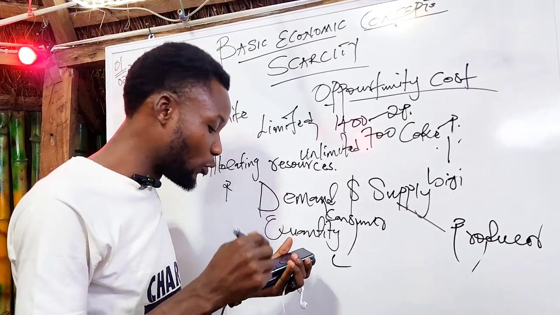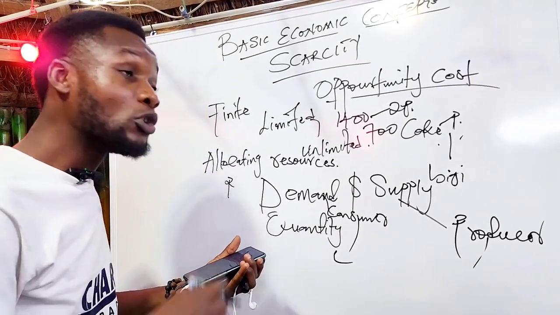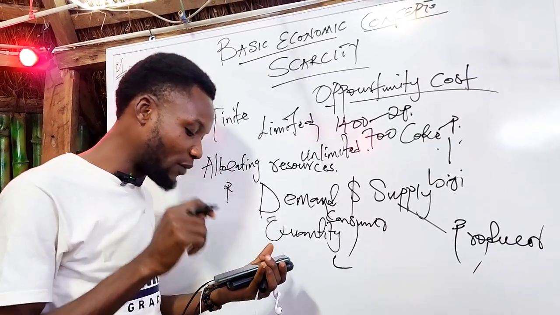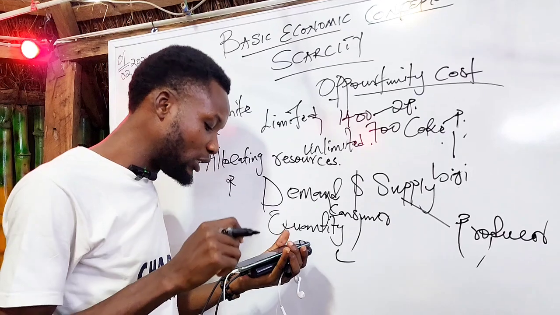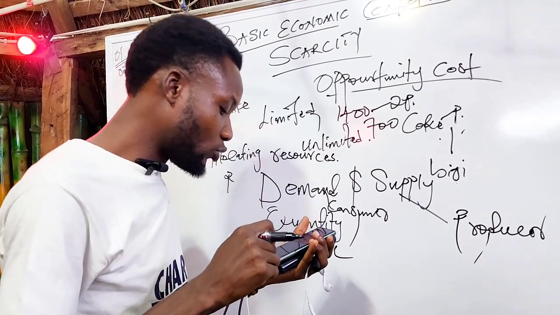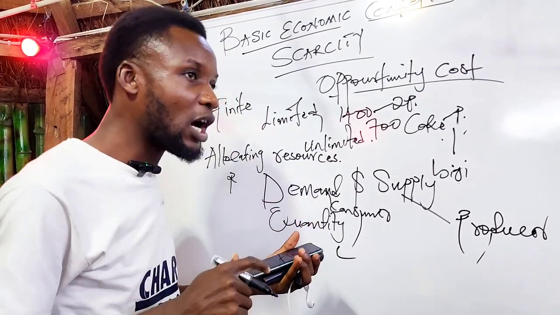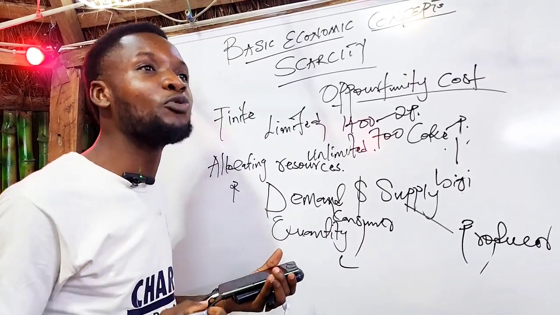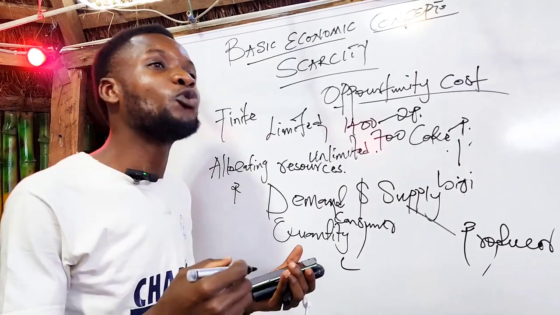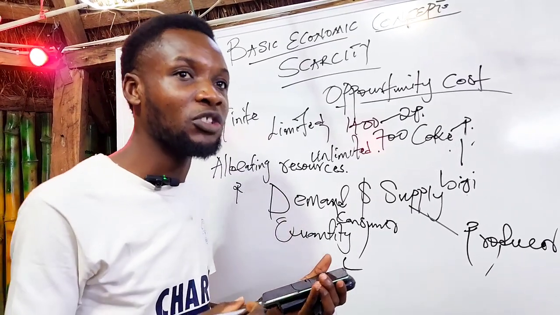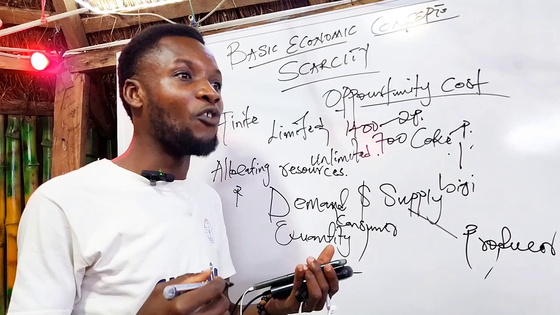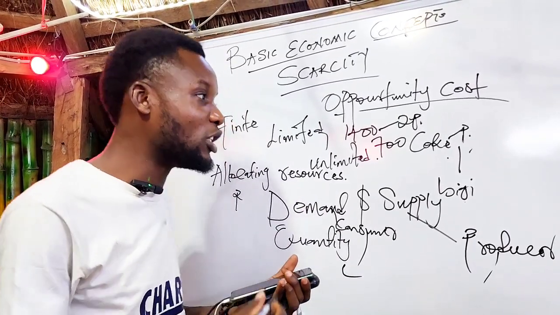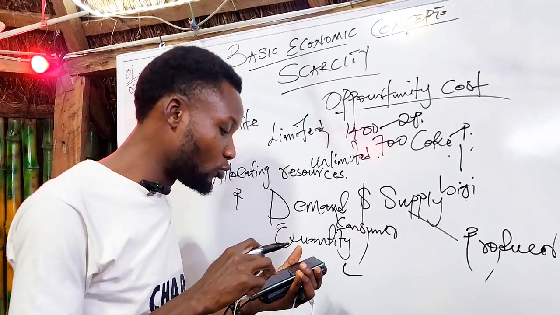All right, the next one, we want to talk about the law of supply. Ceteris paribus, all things being equal, as the price of a good or service increases, the quantity supplied increases. The producer is encouraged when the price of a good increases, and also as the demand increases. One of the things that boosts the confidence of producers is seeing that the demand is rising, and so it gives them the ability to produce more.